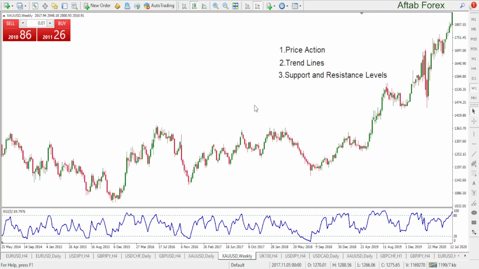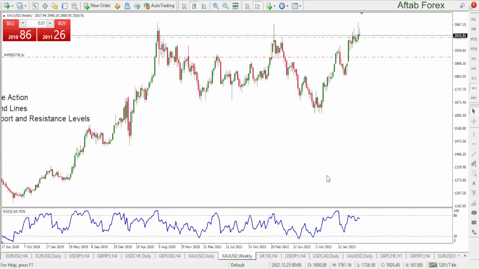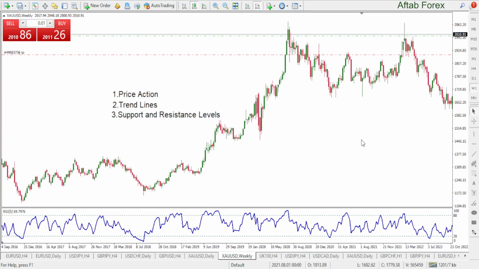Obviously, the trend lines, we have to study them. We have to find out on different time frames where the market is going and what it is showing us for the future. And when we cover this, we will find support and resistance levels that will help us take our trading decisions in the week ahead. So these are the three things. Now let's see what we studied in the previous week.